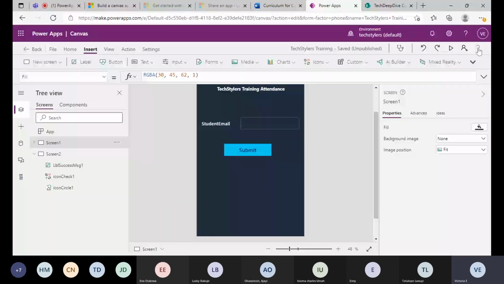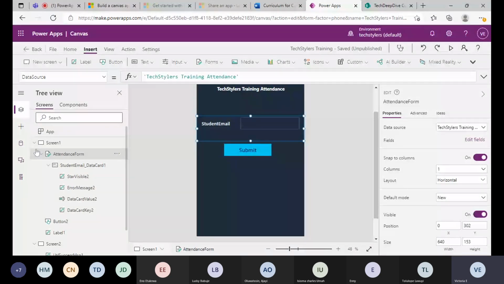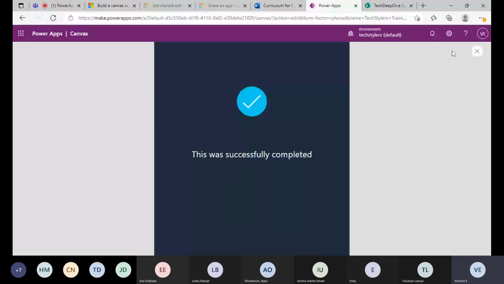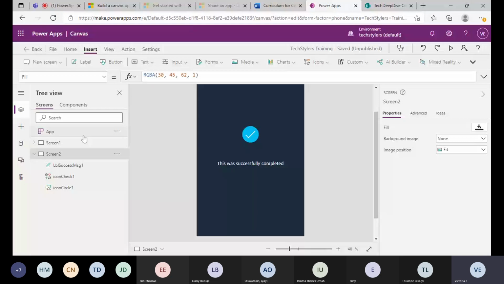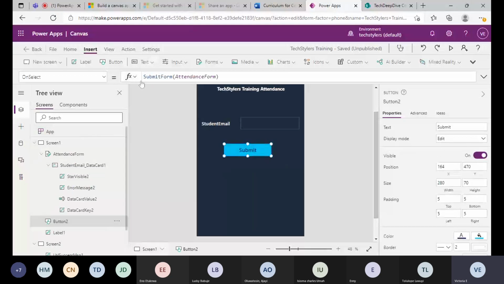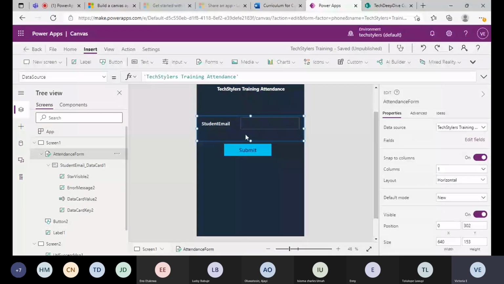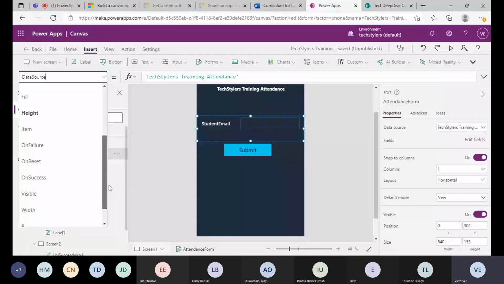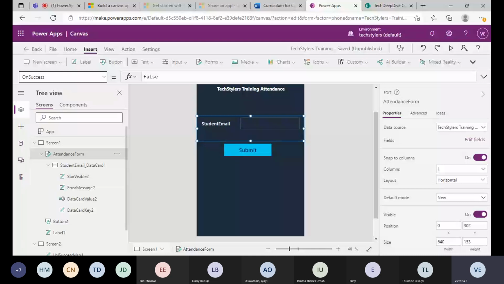If you remember, most of our applications usually have what we call a success screen, and we already have a success screen in this application. Just to notify your user that this was successfully submitted, what I have to do is say after this button has been clicked and the form has been submitted. Our form has what we call on success. Our form too has different attributes. We can add border style, border color, and all this. But we have what we call on success. So on success means if this form successfully submits,